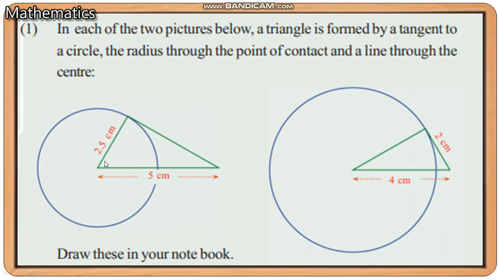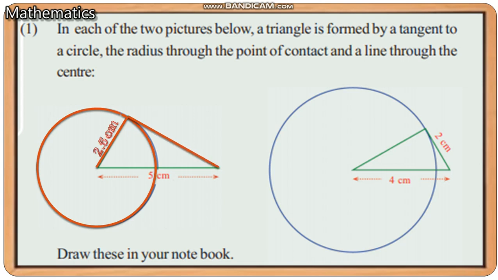The radius is given as 2.5. At first let's draw the radius, 2.5 centimeter. Next you may draw this line, the tangent. You know, here the angle between the tangent and radius will be 90 degree. I told you to study that at first. So you may keep your set square or protractor here and draw that line. I'm drawing that circle at first, then you may draw that line.